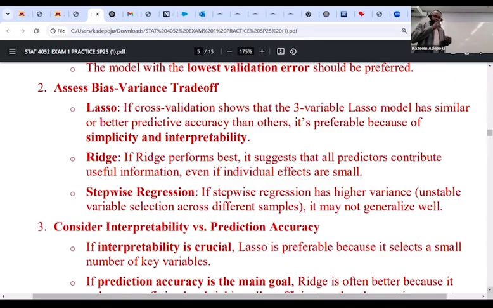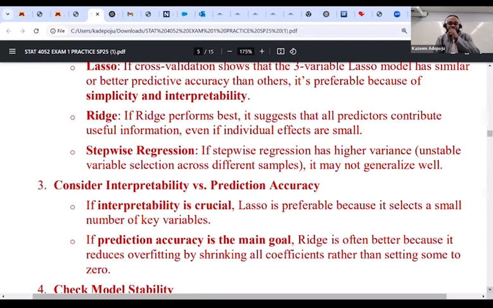So if I were you, rate this area, focus on this area as well. Then consider interpretability versus prediction accuracy. I told you the other time, when interpretability is crucial, because your model needs to be simple for easy interpretation, then lasso will be a good choice. If the prediction goal is the case, I told you the other time, what normally leads us